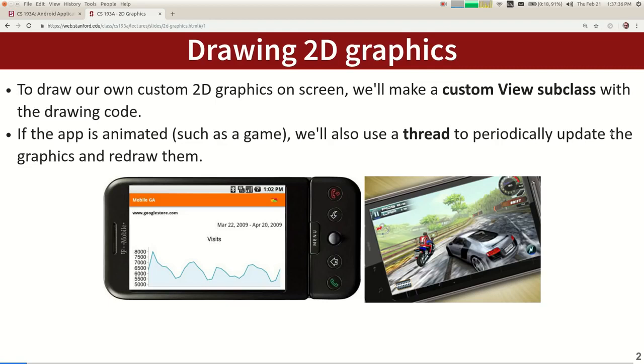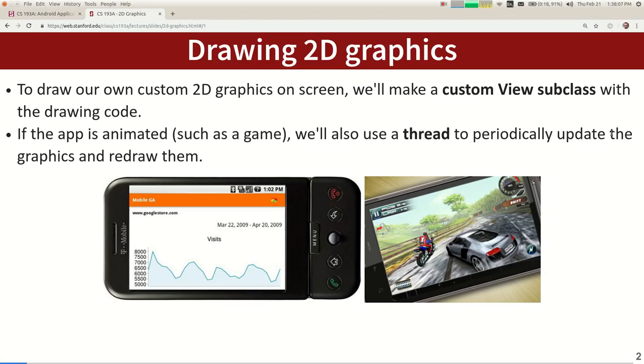But this is not a make-a-game course. I'm interested in more modest ambition. I just want to have an app where I draw some shapes and maybe I have a ball that bounces around or something. I guess you could use Unity for that, but I think that'd be overkill. So I don't think it would make sense today for us to do a day on Unity. But if you're going to do it yourself, to draw custom graphics you have to